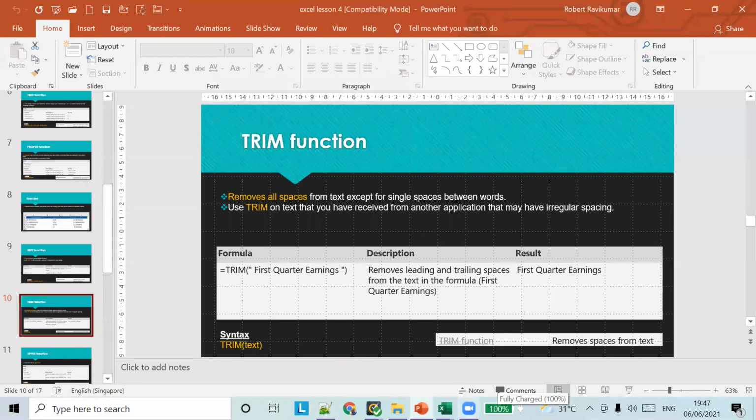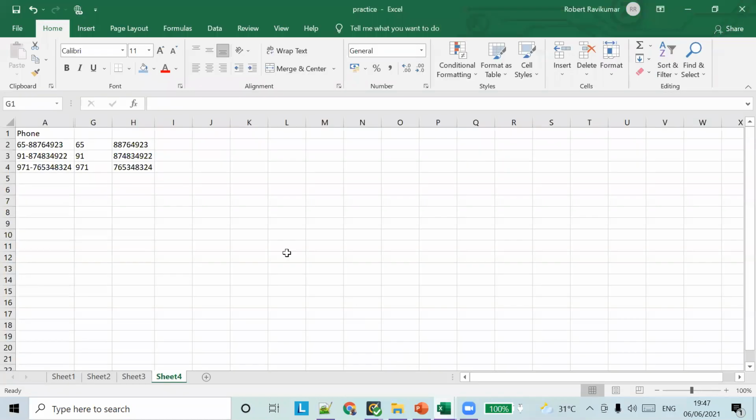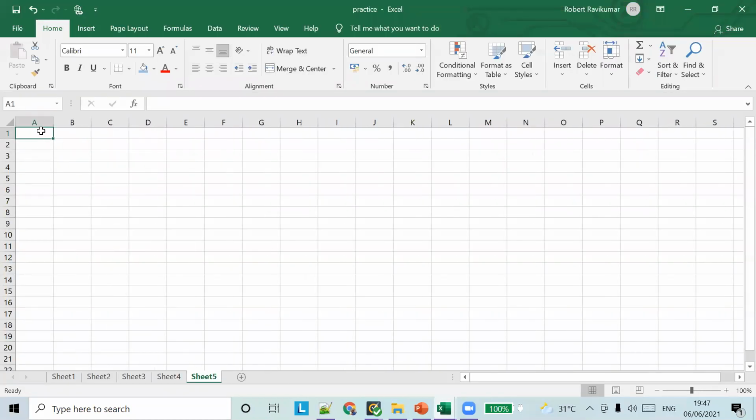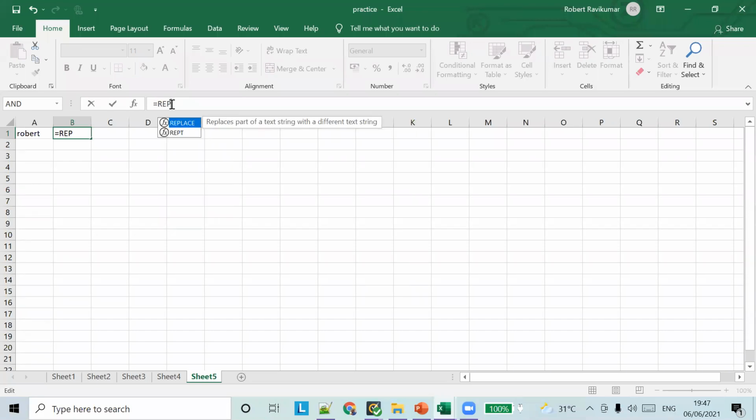So what I'm going to do is show you an example of a repeat function first. Let's say I have my name, and I want to repeat my name 5 times. So I can use REPT. Text, what text? So somebody tell me how to do this.